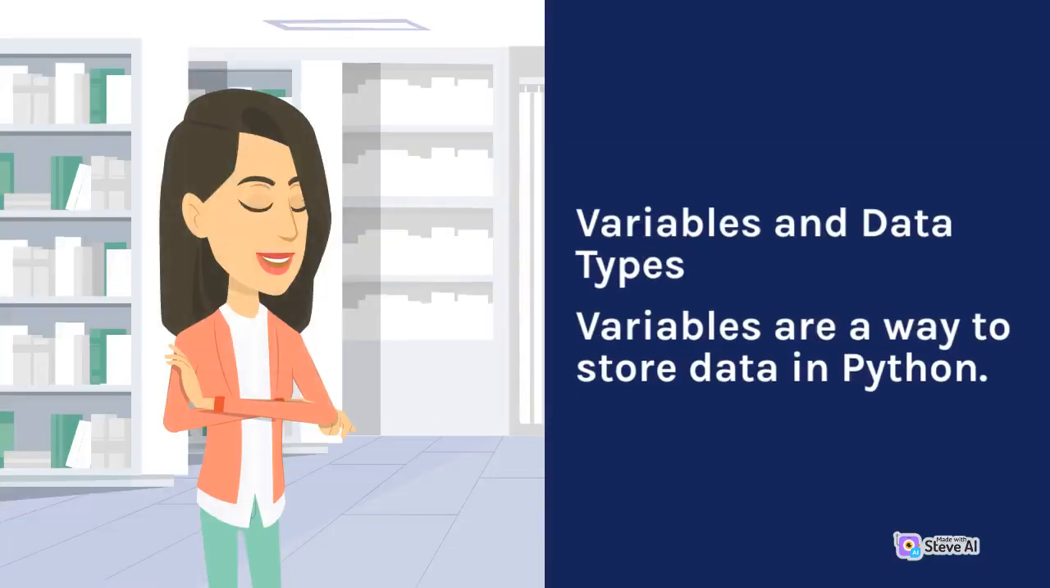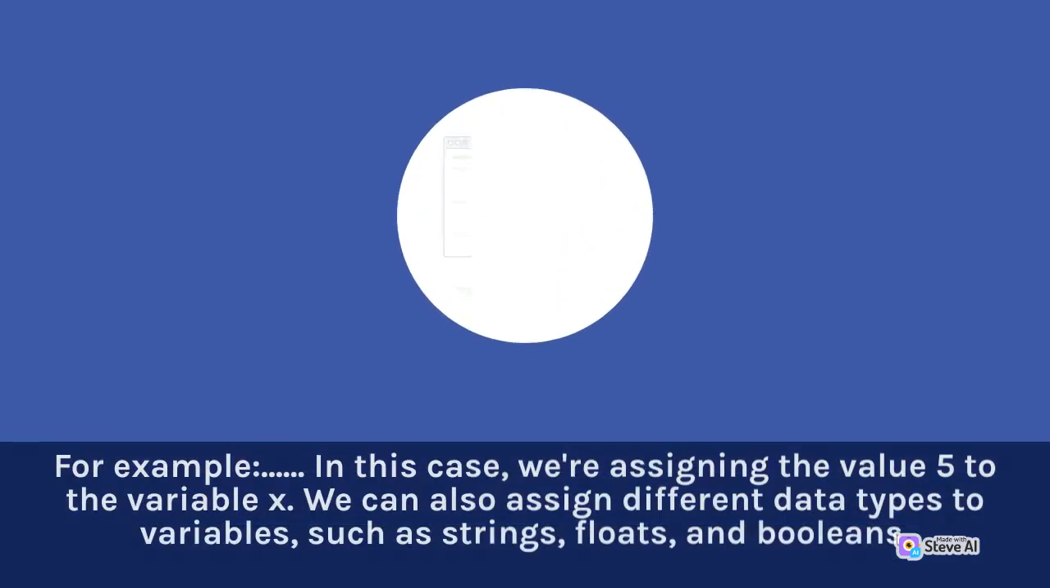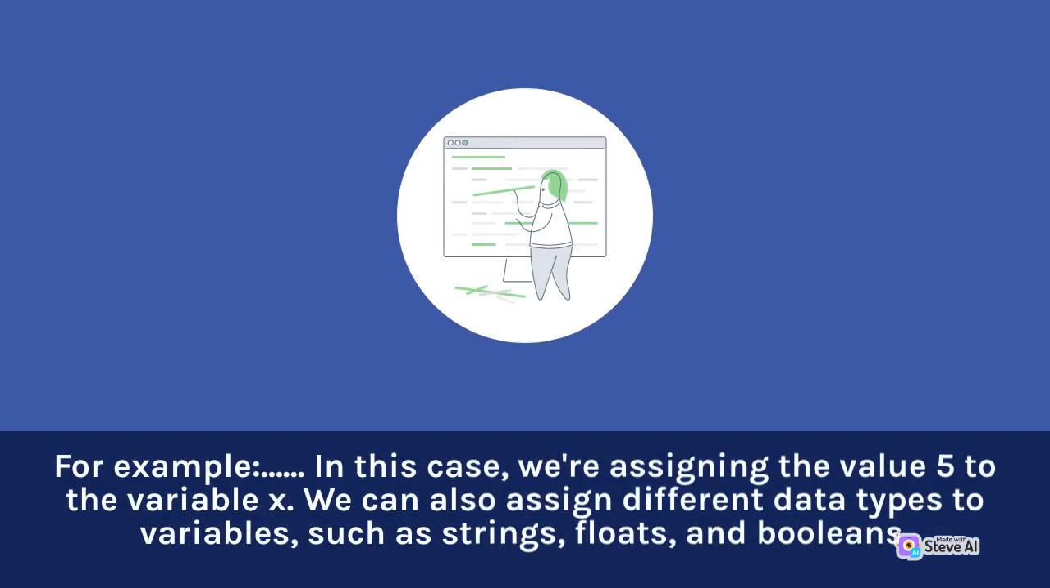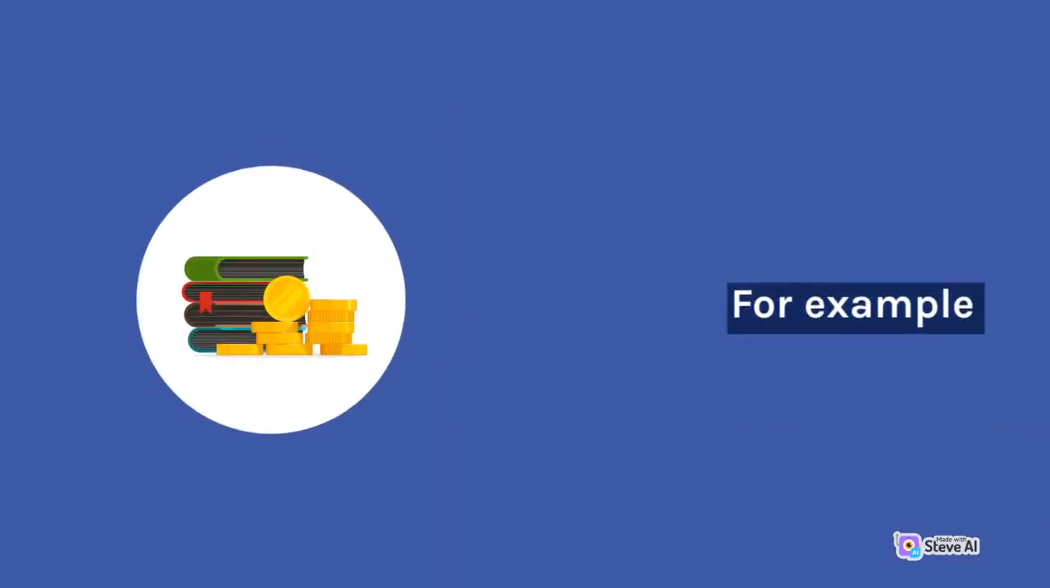Variables and data types. Variables are a way to store data in Python. You can assign a value to a variable using the equals operator. For example, in this case, we're assigning the value 5 to the variable x. We can also assign different data types to variables, such as strings, floats, and booleans. For example,